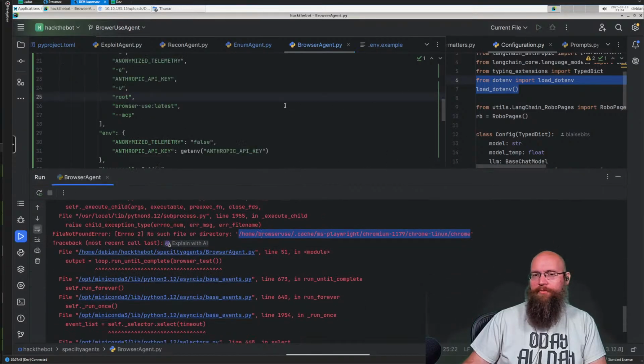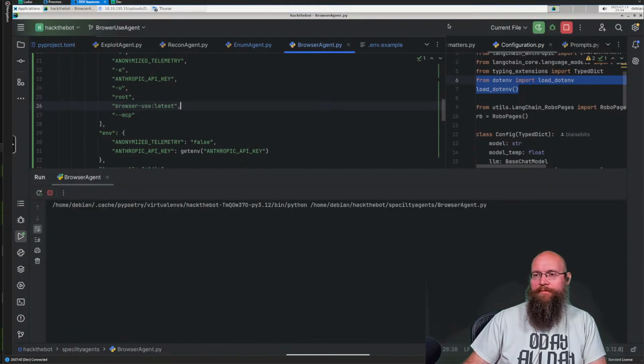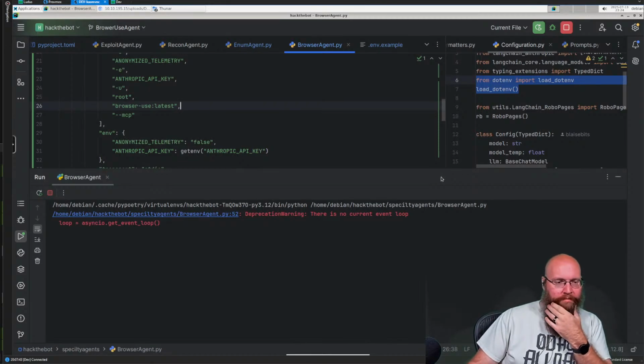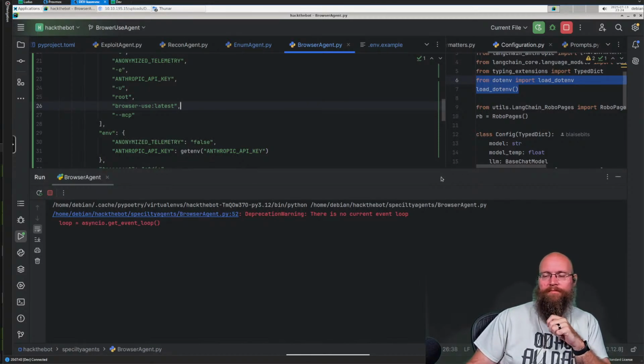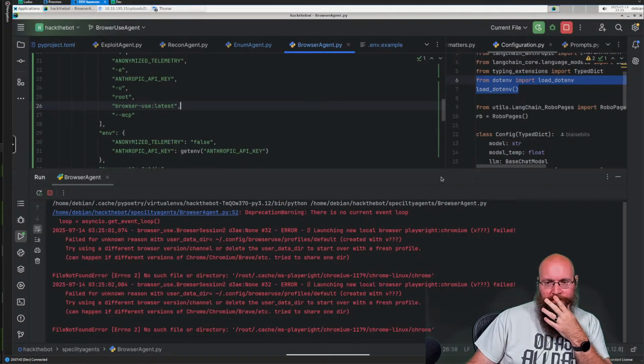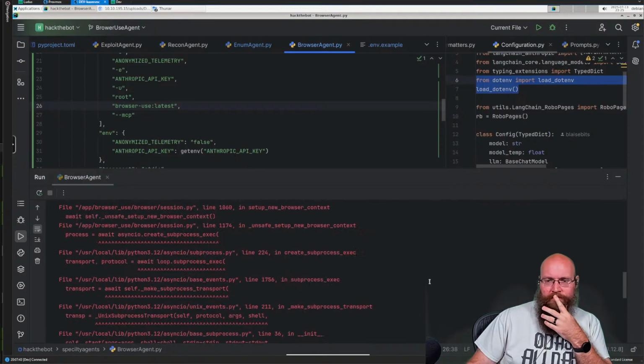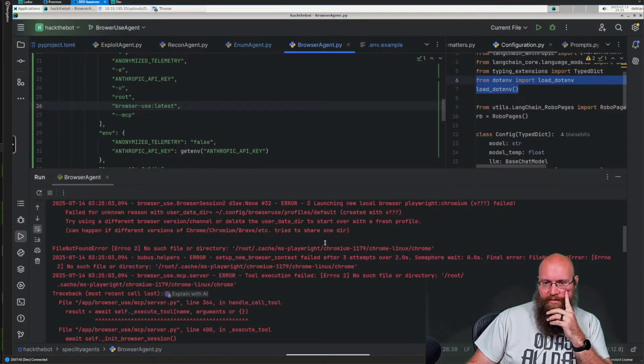If this works, it's really dumb and it's not a best practice, but let's see what it does. So it didn't like that.